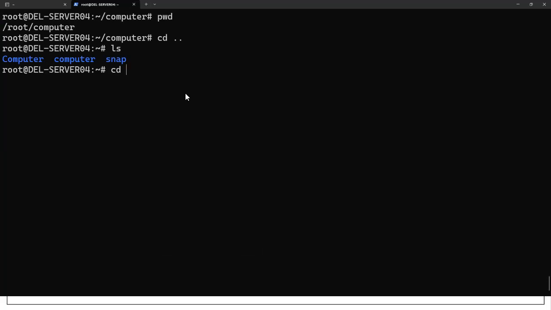What happens here is that I have to start with capital C and type Computer before you can take me in there. Otherwise, I will not be able to. Why? Because Linux is case sensitive, which means if something starts with uppercase and you want to use it, you need to make sure that you are using uppercase. Windows doesn't really care about that. If you are working through the command line and something starts with uppercase, Windows doesn't care. If you type it using lowercase, Windows will be able to open it.